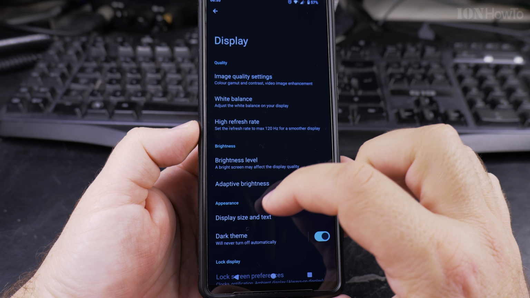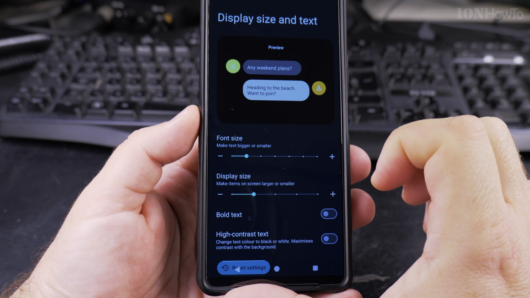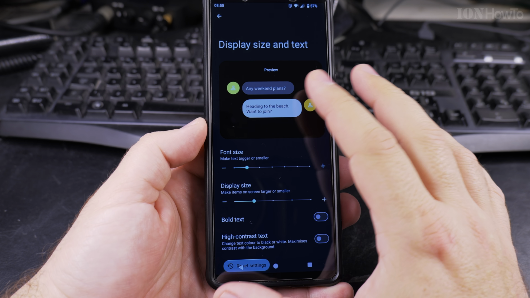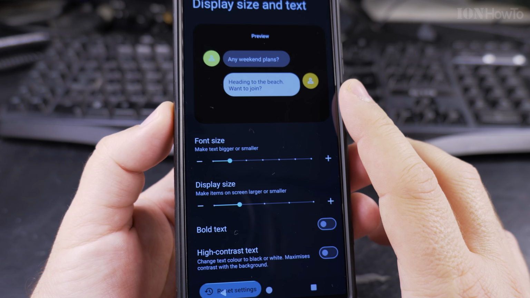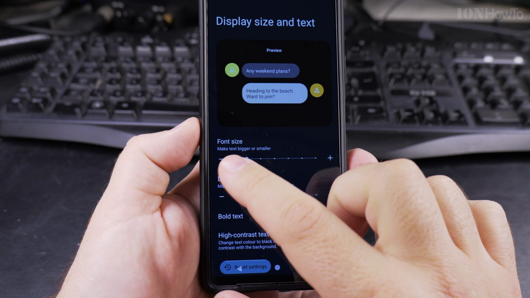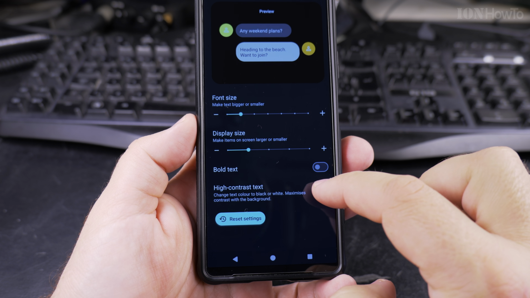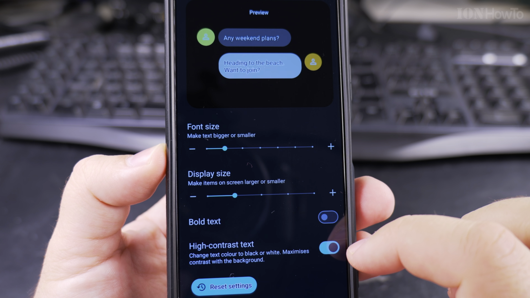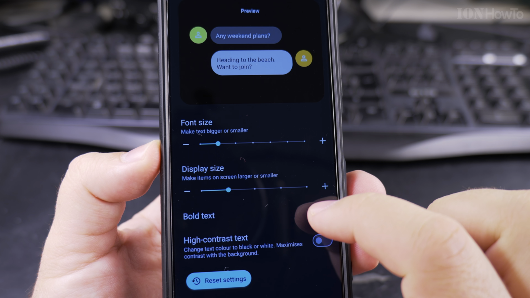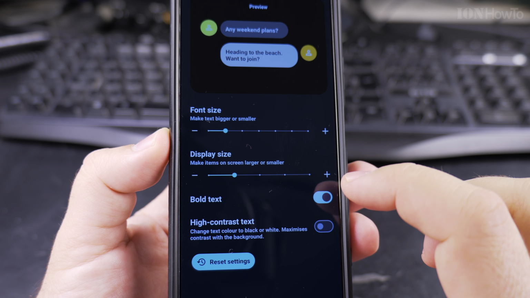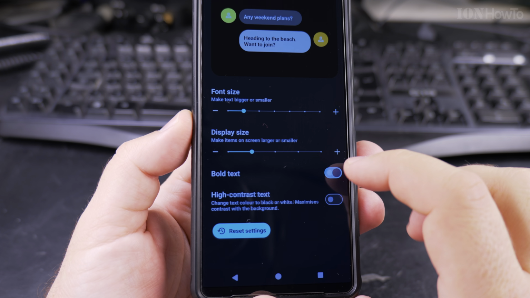Under the display settings page, you search for display size and text right here. And that's the settings page for the display size and text, and it shows you even a preview. So you have here a slider for font size, display size, bold text, and high contrast. The high contrast text will make the contrast with the background a little bit more, so this, you might want this. The bold text will make everything bold, so it's more easy to read, as you see how it changes